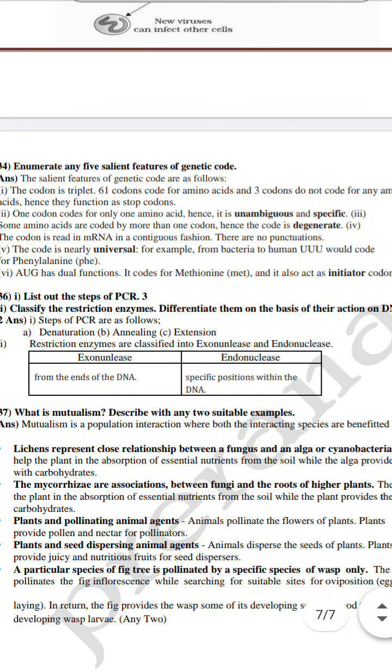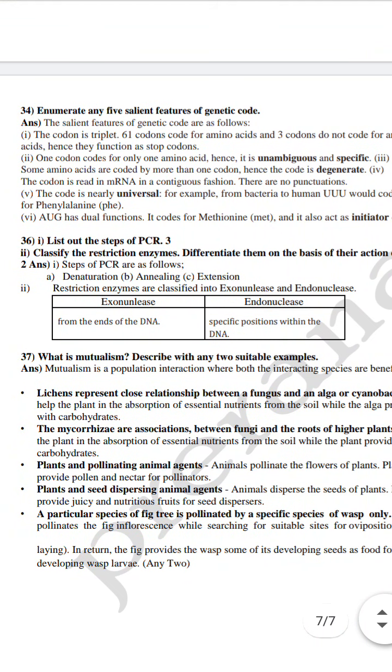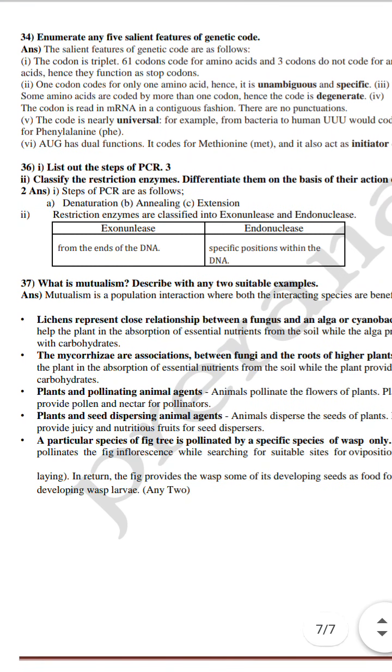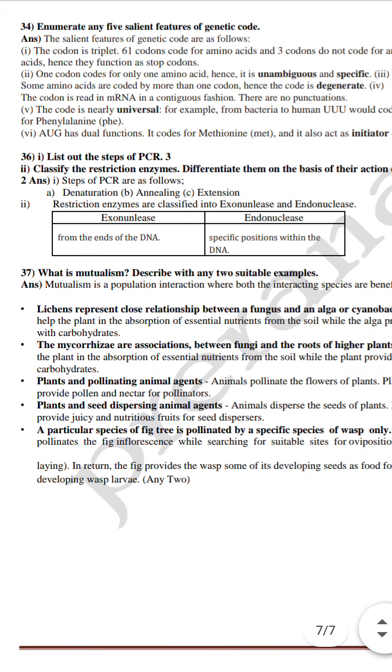Hope you understood. So this question can be attempted by you. I can advise you this question because they asked you to draw only the diagram, they didn't ask you to explain it. So no problem, go for attempting this question, but the diagram should be composed of all the mentioned parts and labels.